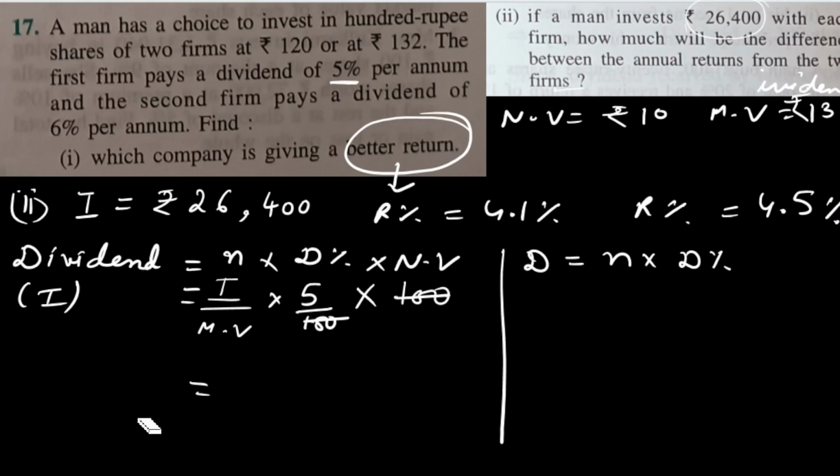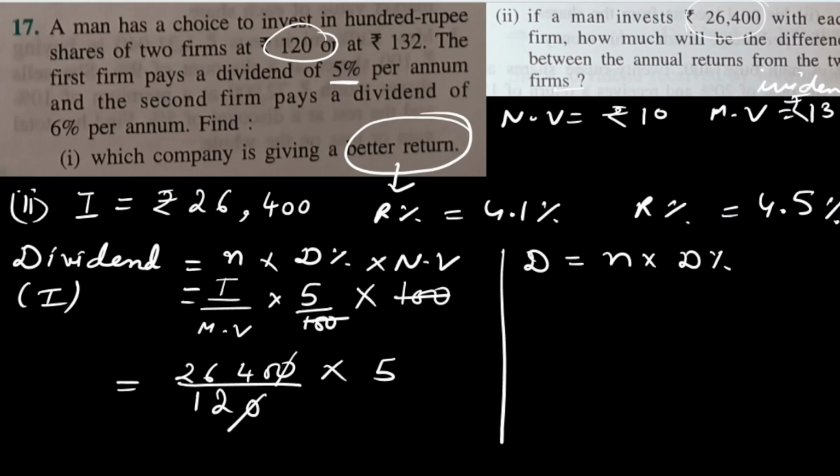Now let's substitute the values of I and market value. I means investment. This is 26,400 by market value. See, for first one, market value is equals to 120 into 5. Okay, so 10 and 10 here got cancelled. Now remaining, if any cancellation is possible, we can do cancellation on, let's do on 4's table. 4 into 6 is 24. Again 4 into 6 is 24. Then 10 is there. 4 into 3.